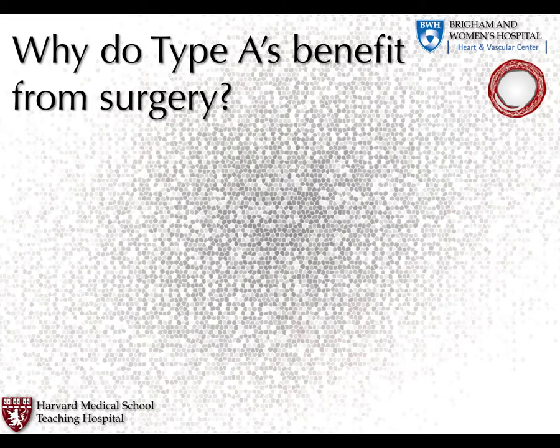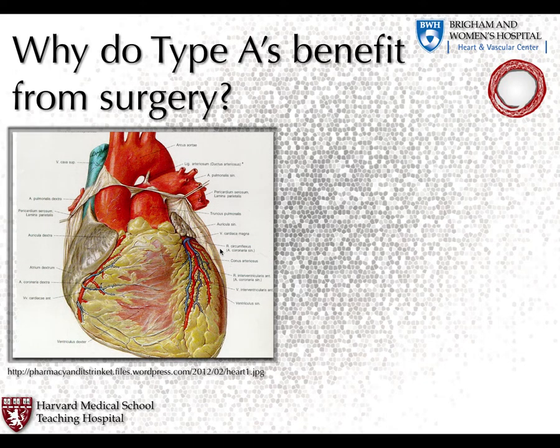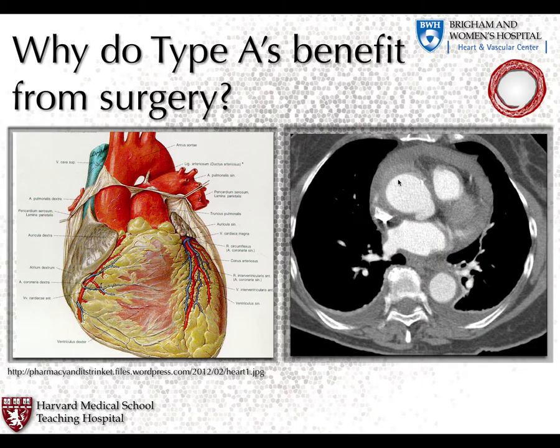Why do type A's benefit from surgery? Well, it really has to do with the risks that we're trying to mitigate from the surgery. These all have to do pretty much with the location of the pericardial reflection. So the main risk we're trying to mitigate is if we have a type A, here we have a type A IMH with a hemopericardium, so that equals rupture. So we're trying to mitigate any further rupture into the pericardial space and cardiac tamponade